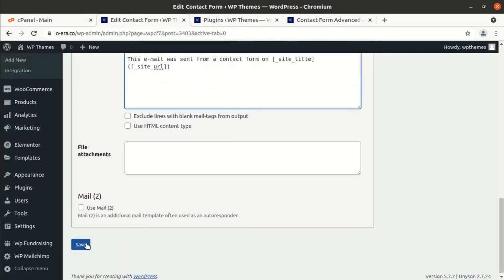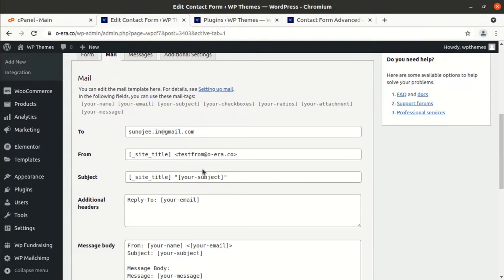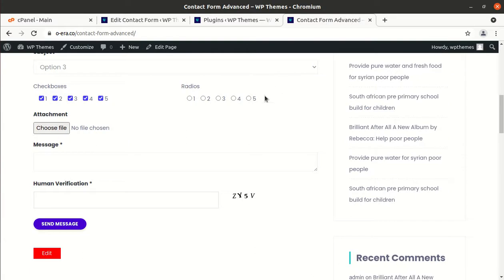Okay, just save it. And now it has been configured, and the mail should come to this email ID if a visitor fills this form, and we will check with this.